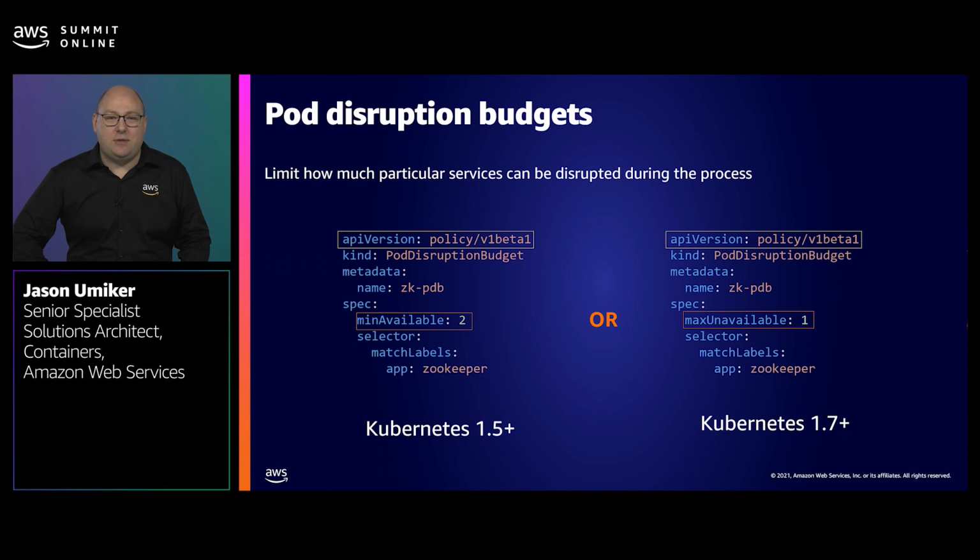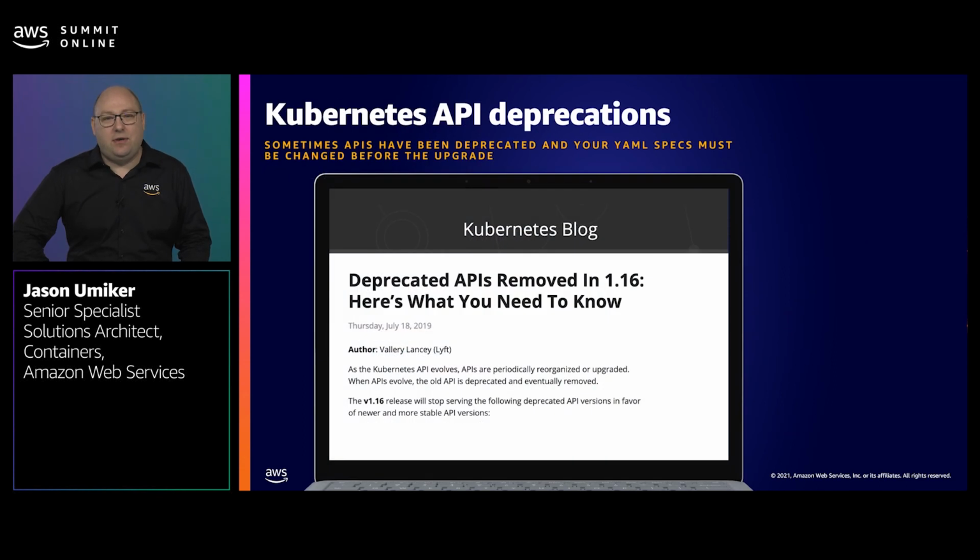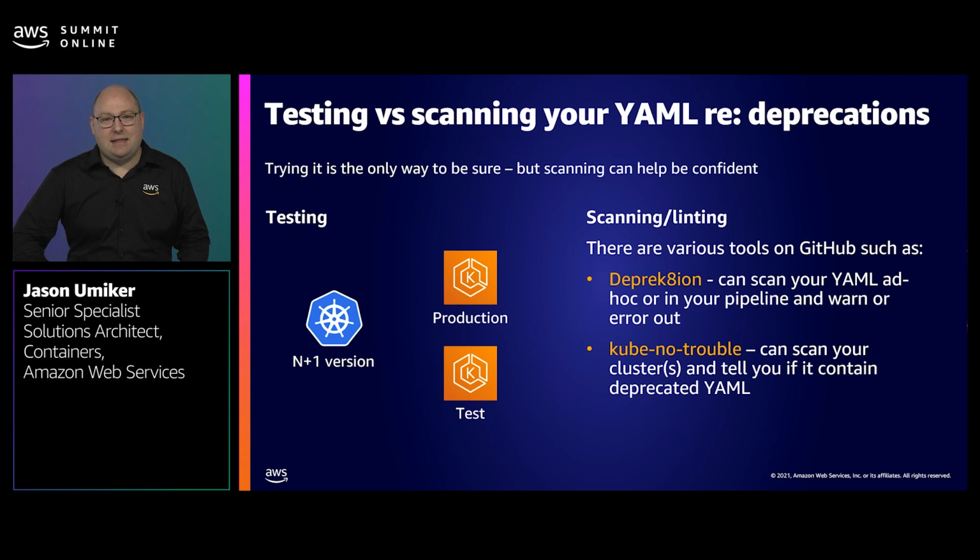Note that each of these YAML specs specifies an API version. Next, we'll talk about the considerations around these in your cluster upgrades. Kubernetes periodically deprecates APIs, and then a few versions later will remove those deprecated APIs. So if you're upgrading to a new version that has just removed a deprecated API that you're still using, you need to make some changes to your YAML spec files or Helm charts first. There are 2 main ways to test if this is the case. First, you could have a production-like cluster, perhaps your development environment, which you upgrade first, and then test that everything still deploys before proceeding with production.